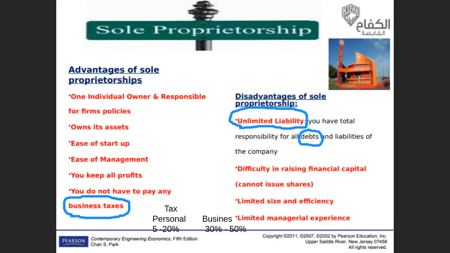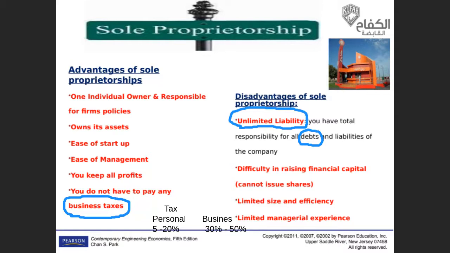But in the case of a corporation, imagine I have 100 shares of Aramco, and Aramco has taken a loan of 100 billion. If they cannot pay it, I'm not responsible. The maximum I lose is the value of my share. No one will buy the share from me, for example. So that's why you have limited liability in a corporation, but with unlimited liability, owners are personally responsible if the business cannot pay its loan.